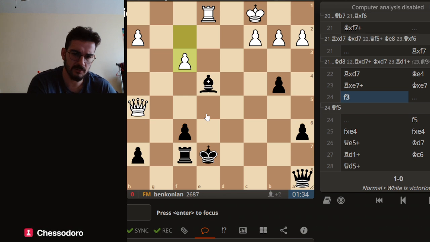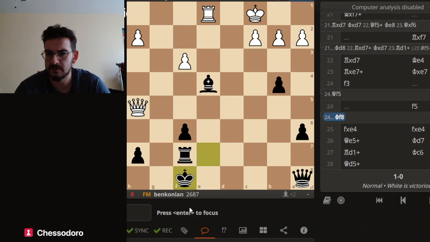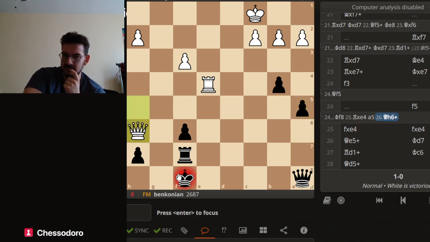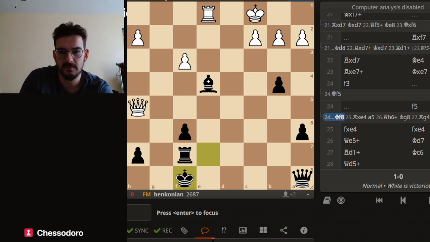And here I played f5 quite quickly. Here I decided that I will try to gamble a little bit. I did see that it's not supposed to work, f5, but the alternative was something like king f8, rook takes a5, and here white is a pawn up, and also white has the safer king. But I can't really see a big knockout yet. For example, here white is not really checkmating yet, and if black gets one move to centralize the queen or take something, then some counterplay will arise. So probably I should have continued like this